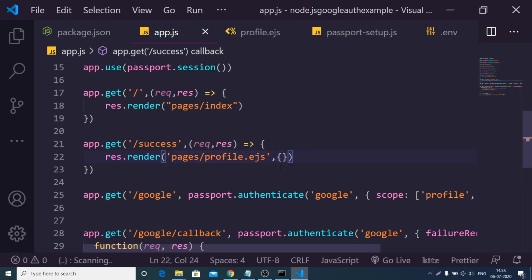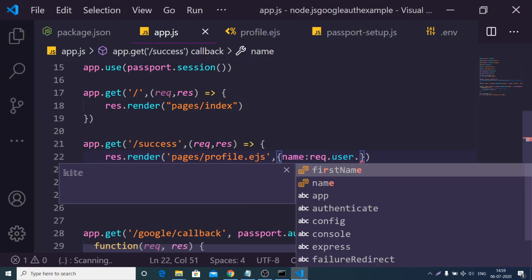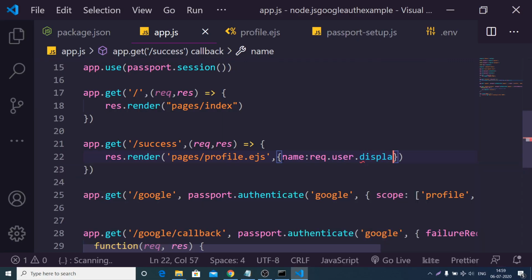information very easily. So the first information that we need to pass, let me just see what is the information. We need to pass the email address. So first of all, we can pass the name by request.user dot, and there is a property which is displayName.